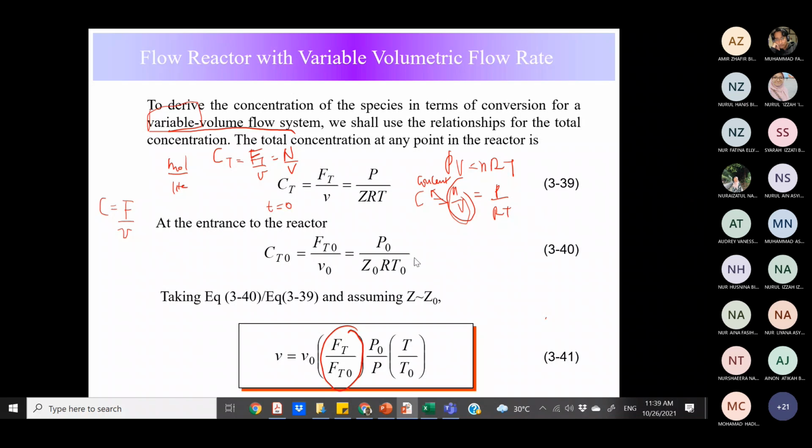Alright, so daripada situ what you need to T equal to 0, okay, in order for you to equate P